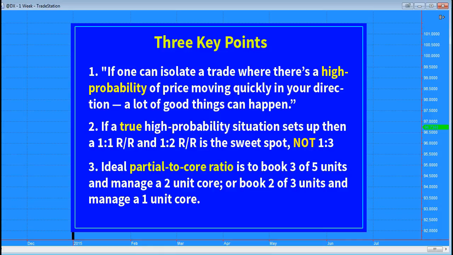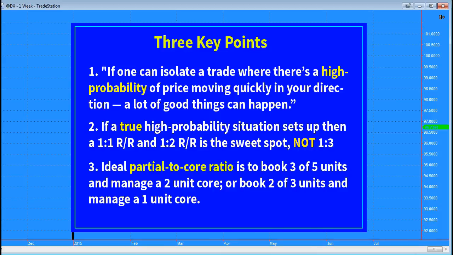The second point is that in modern markets where opportunities are transient and everybody has access to current pricing, if a high probability setup for near-term profits develops, one with a real edge, you're far more likely to be offered an entry in what we call the alpha entry zone, which is the 1-to-1 to 1-to-2 zone. If you look for the standard 1-to-3 risk-reward ratio or greater all the time, you're going to miss a lot of trades, and this applies to swing traders or intraday traders.